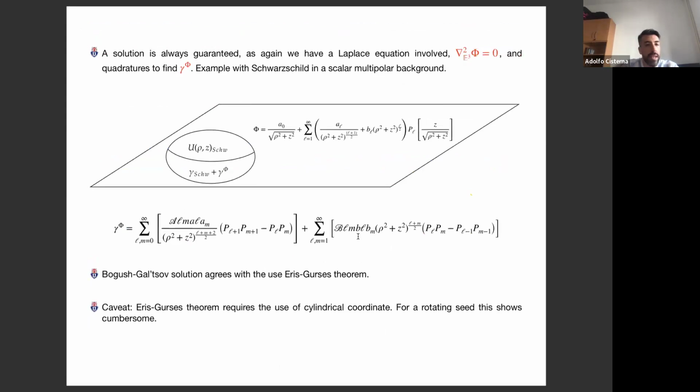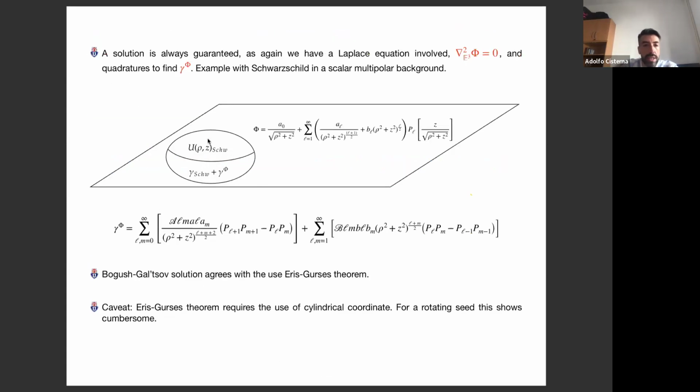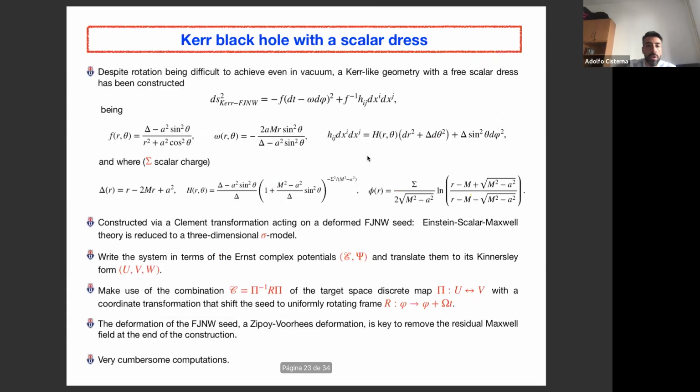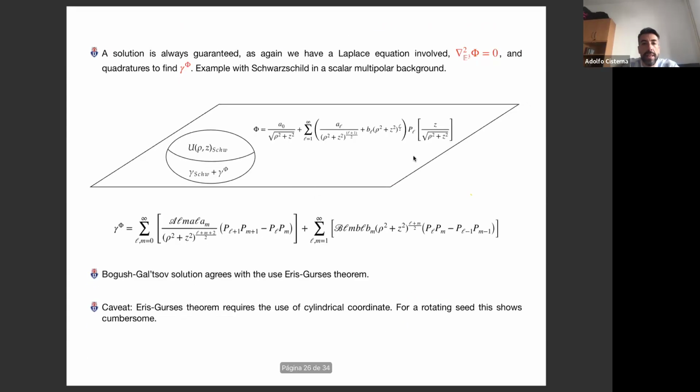And you can do whatever you want, because basically you can solve this for the entire multipole expansion. So you can take your Schwarzschild black hole, for example, and put it in the environment of a kind of scalar background with the entire multipole expansion. You can always do that. You might take Kerr and do the same, modify Kerr by the entire set of multipole expansions. The one of Gal'tsov is a particular modification in gamma, because this scalar field has this shape, but this scalar field could be this entire expansion, and you will have the solution.